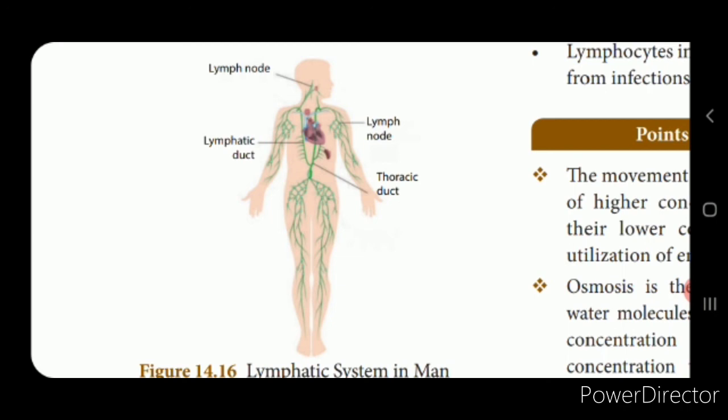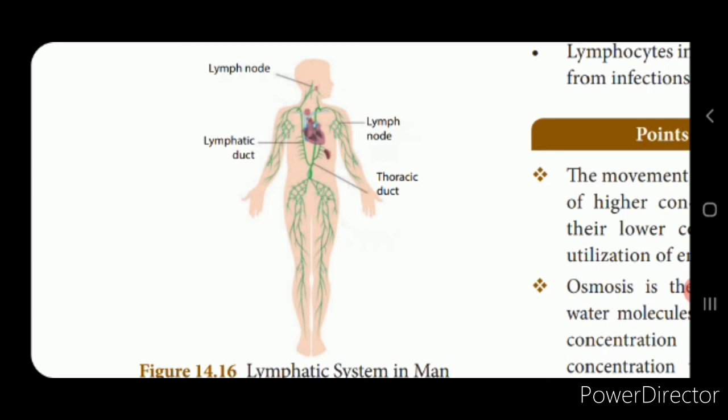Now, it is similar to the blood plasma, that is the matrix that is present in the blood, but it is colorless because it contains less protein. And this lymph consists of a small amount of nutrients, carbon dioxide, water, WBC, that is the white blood corpuscles, and oxygen. Now, this lymphatic system comprises capillaries, vessels, nodes, and the lymphatic ducts, similar to the blood vessels. Here, lymph is a fluid that flows in the lymphatic system.